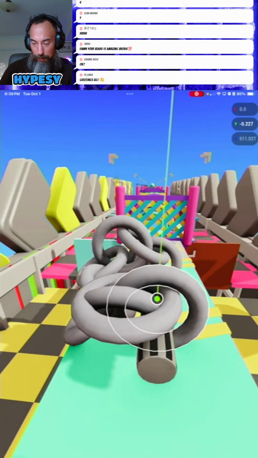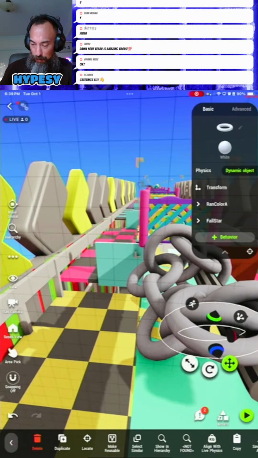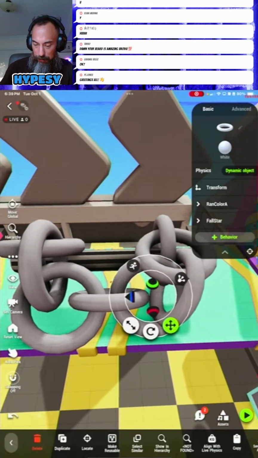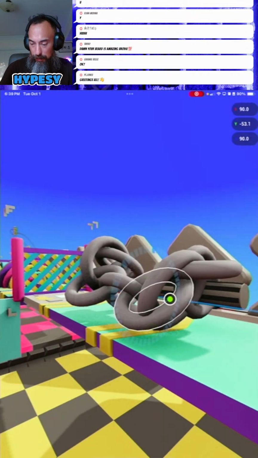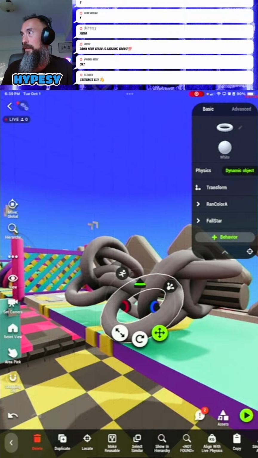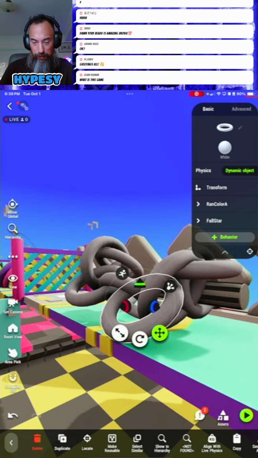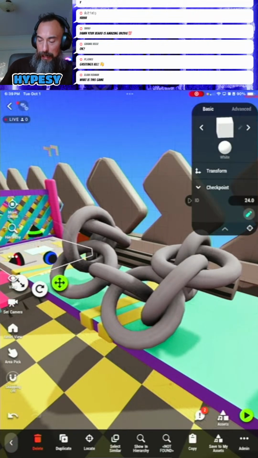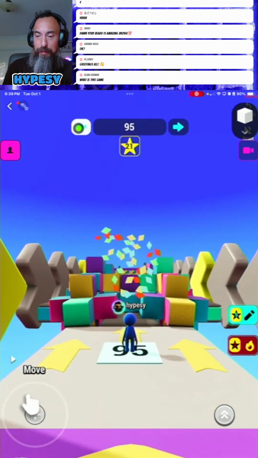Okay, so let's go up. And we're gonna move this over. And we gotta play test it. Now here, this one looks like it's kind of in between like that. There we go, that looks good. Now let me get this screen up here. Okay, cool. And what was this, level 24? Lot of testing. Always gotta test, make sure.